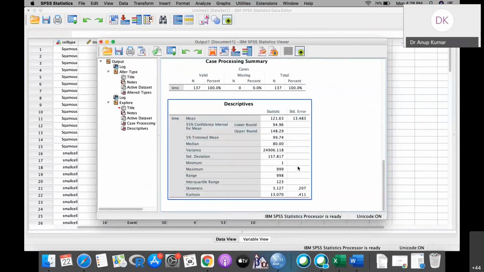It gives me some descriptives, and from this we can see that the mean comes out to be 121. What is the range? The minimum is 1 and the maximum is 999. The interquartile range is 123. Skewness is 3.127. Kurtosis is this. Median is 80.